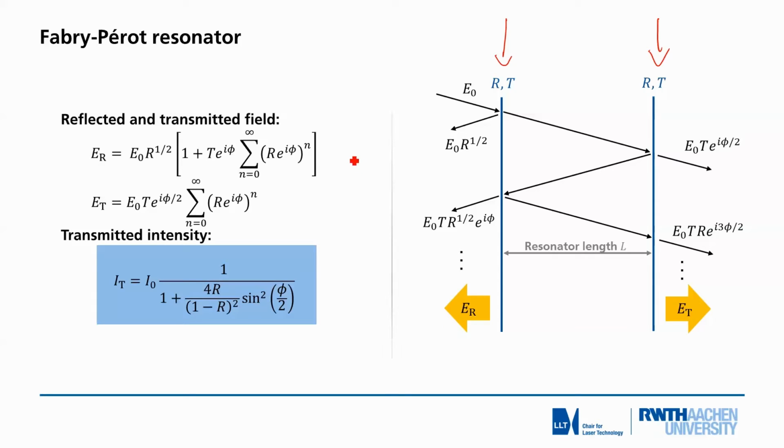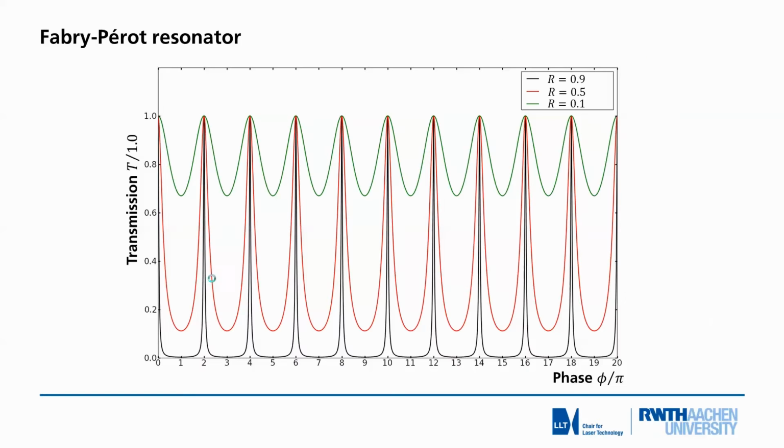So they analyzed the individual contributions from each reflection. This is shown in this sum here. And then if you look at the limit and solve this series, then you come to the expression for the transmitted intensity as a function of the incident intensity I0. And the only parameter which is in here is the reflectivity R. And a phase, but this is usually negligible.